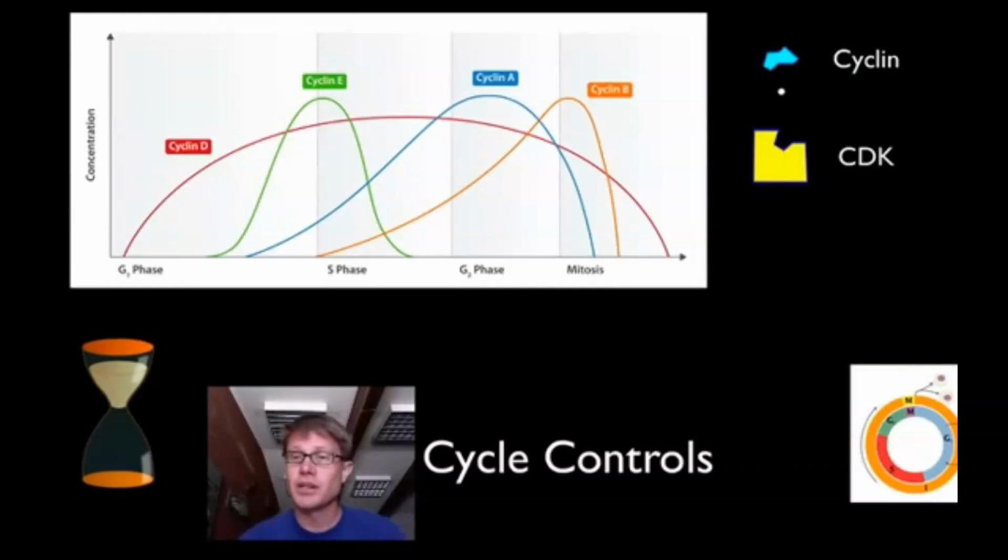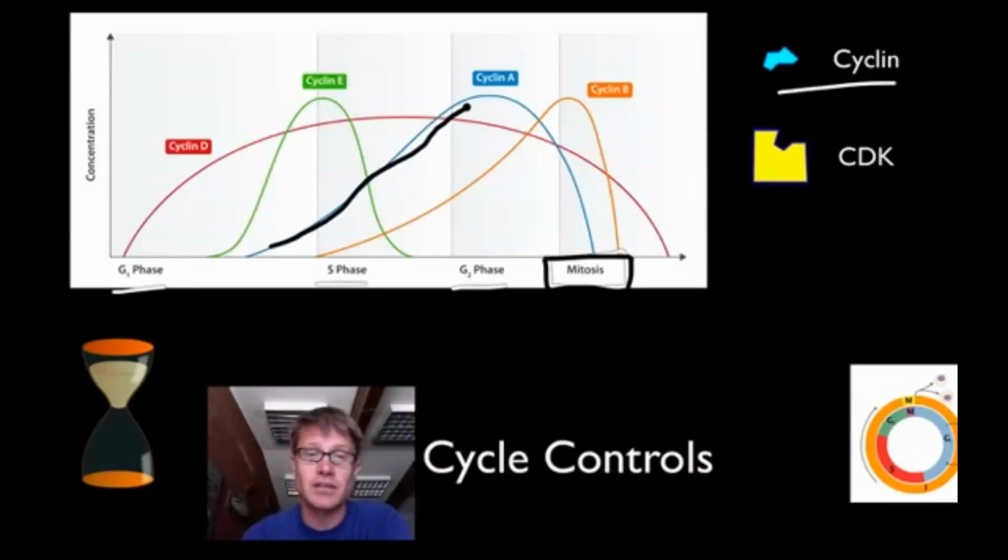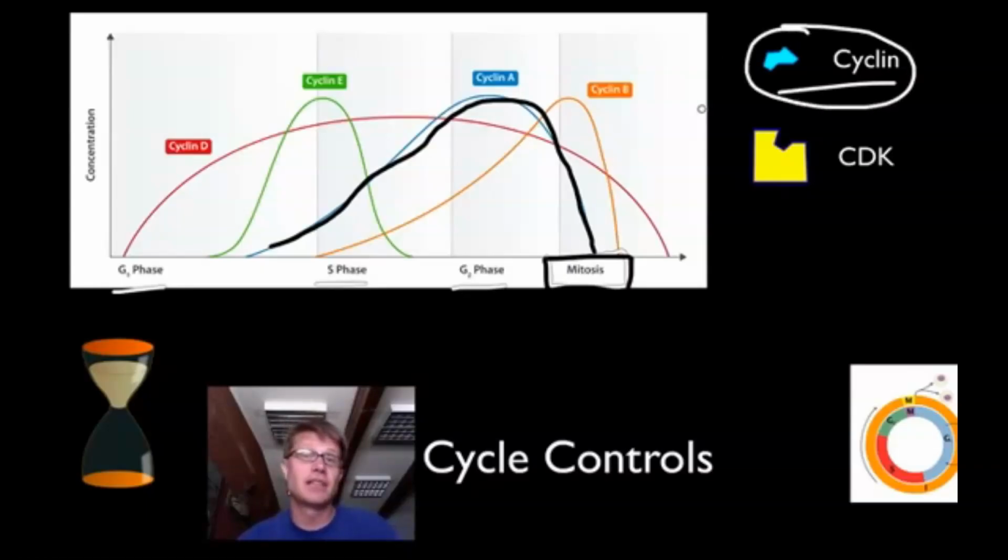And so let's look at what cyclins look like. Cyclin, I'll represent here simply as a protein. But if we look here at the G1 phase, the S phase, the G2 phase, and mitosis, there's a set of cyclins, or a set of these different types of proteins. And what they're going to do is build up. Cyclin A and B are ones that I'm really familiar with. Cyclin A will build up during the S phase, and then it'll drop off right as the cell divides, as it goes into the mitotic phase. And so cyclins will accumulate. Those are like the sands through an hourglass. They're going to get more and more cyclins as a cell goes through the cell cycle.